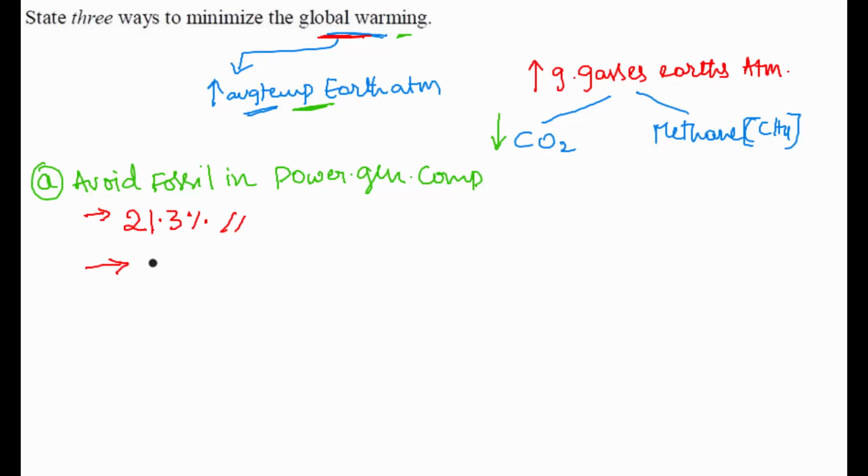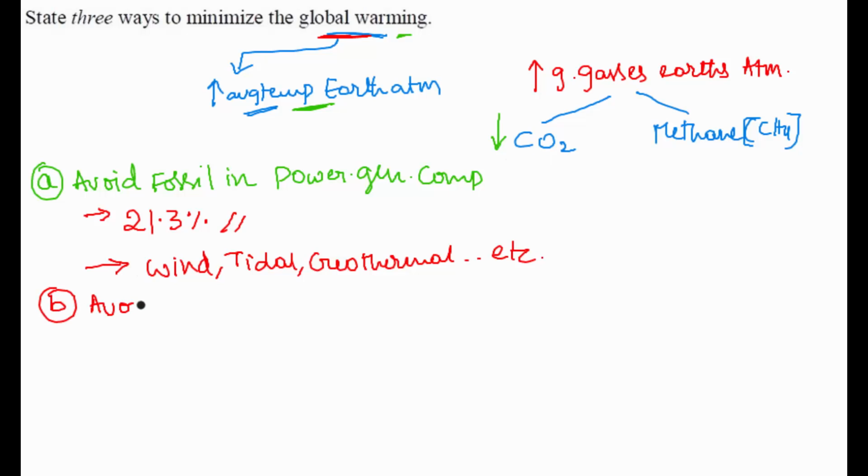We can use wind energy, tidal energy, geothermal energy, etc. This is our first point. Second point. What is our second point? Again, avoid using fossil fuels